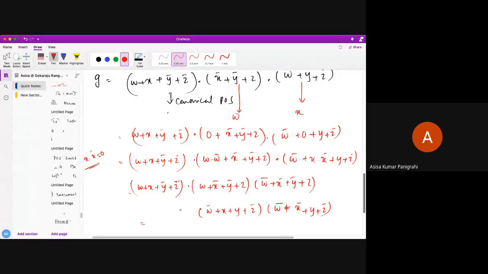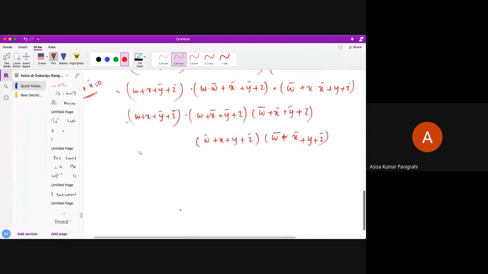So we know how to convert canonical POS to canonical SOP. After that, what you need to do here is we'll get pi M, which is nothing else but 3, 6, 9, 13, 14. So these are the things we'll get if you solve these. For max terms, 0 means uncomplemented variables, put 0; 1 means complemented variables, put 1. Okay, because these are all max terms, I can put those, and finally I'll get pi.